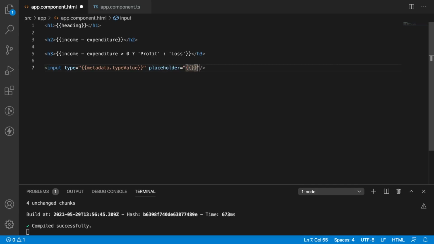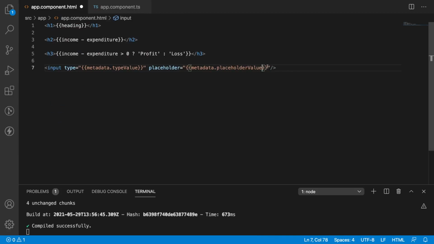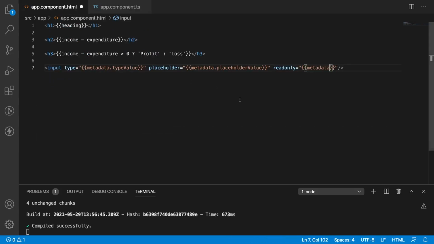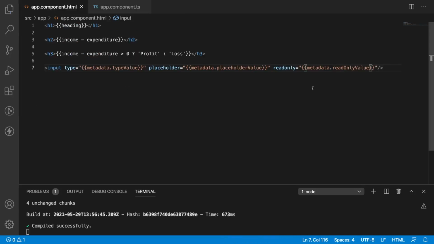That one also we can bind it using interpolation, metadata dot placeholder value, and there is a property for input element like read only equal to interpolation, and we can bind it with metadata dot read only value and save it.